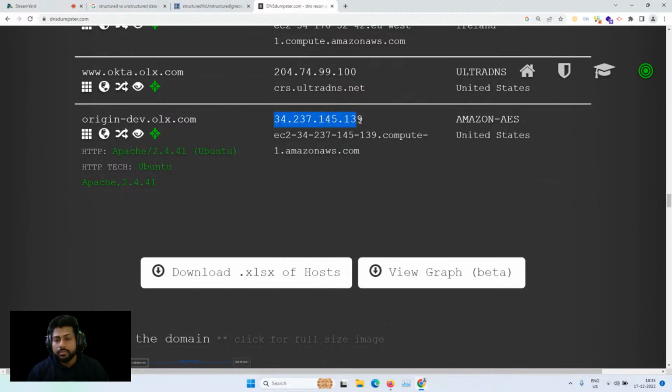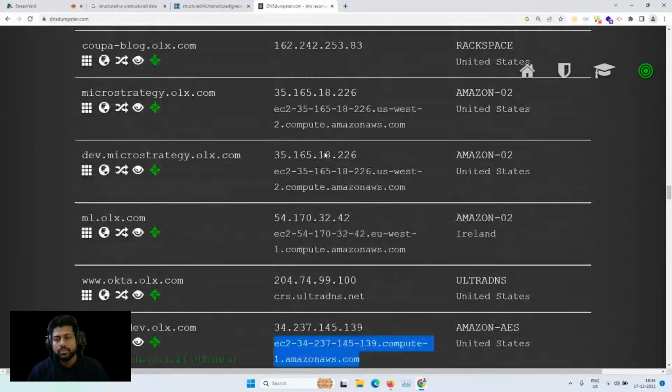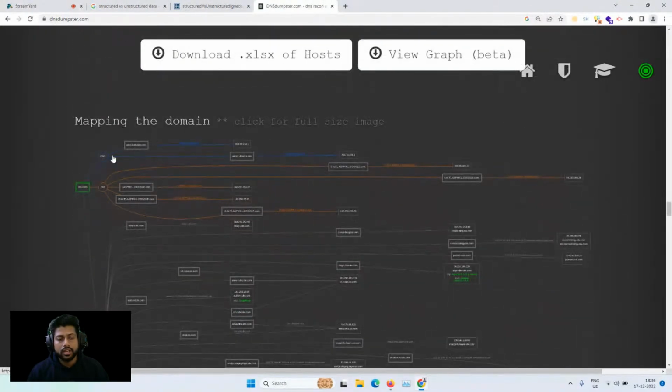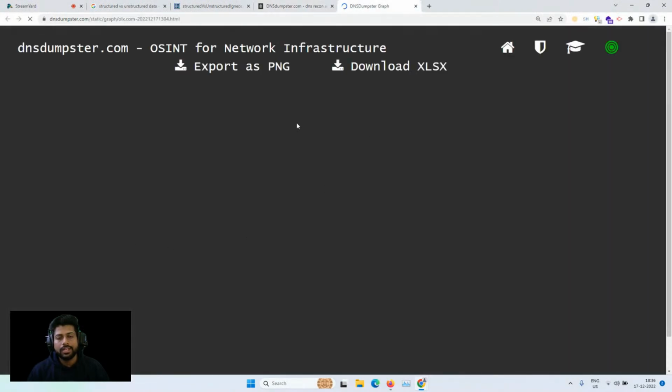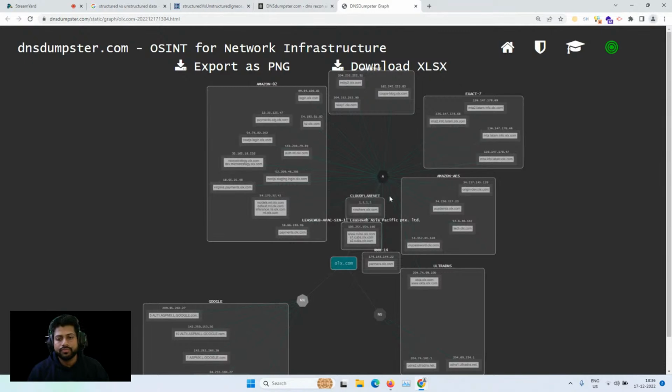This is the public IP from where the website is hosted, and this is running on EC2, that is the AWS cloud platform. Same, you will get more on the Azure platform also. So that is the part we have, and this is a graph you will get. If you see the view graph in a new tab, something like this is shown. So that is the